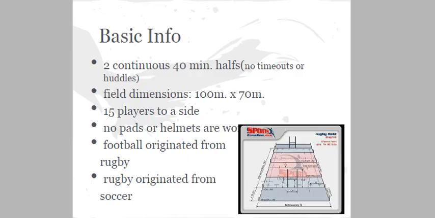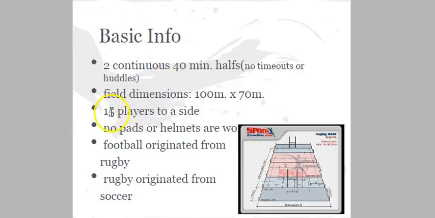So, just a little bit of basic info. You play in two continuous 40-minute halves. So the game is broken up into halves, so two 40-minute halves. There are no timeouts or huddles. The field dimension is basically the same size as a football field or a rugby field. So you have goalposts, you have sidelines, you have an end zone area, or in rugby it's called a tri-zone